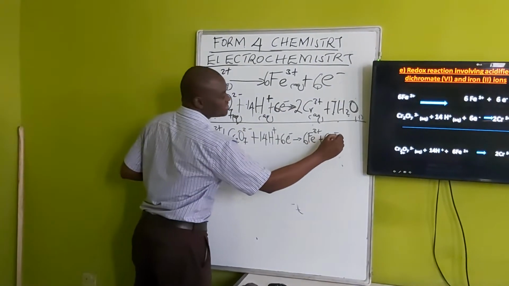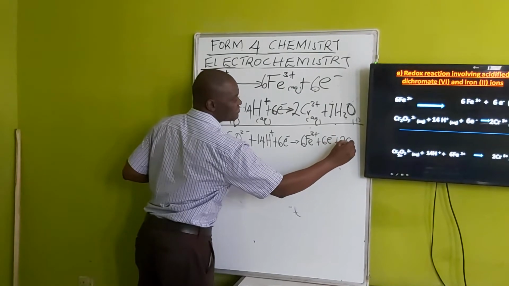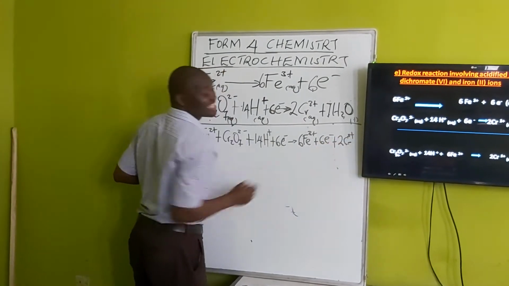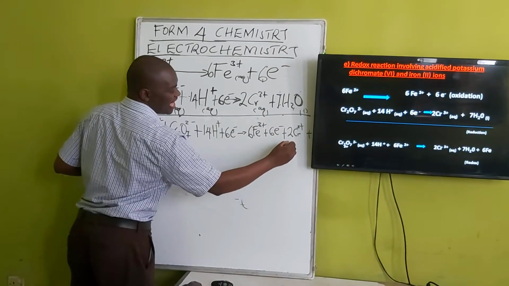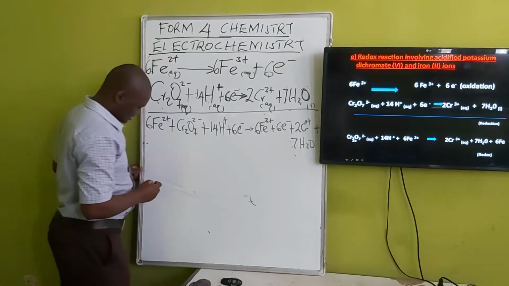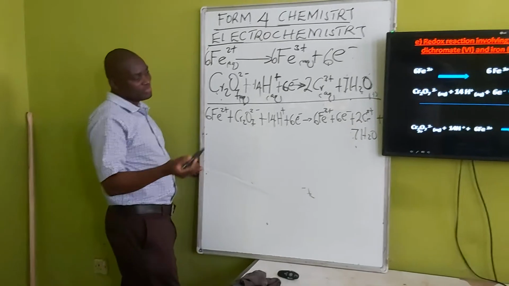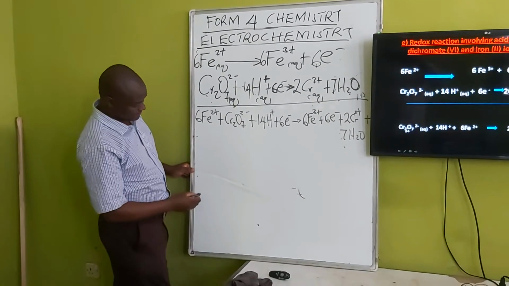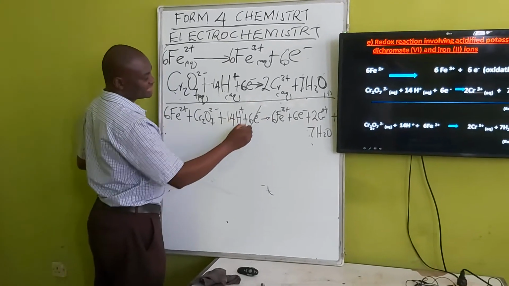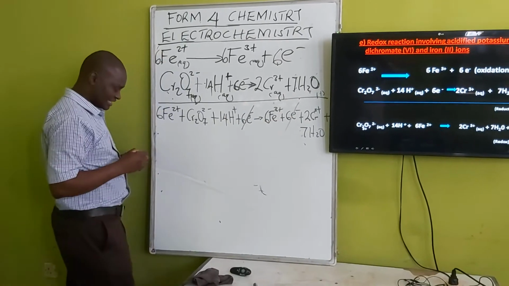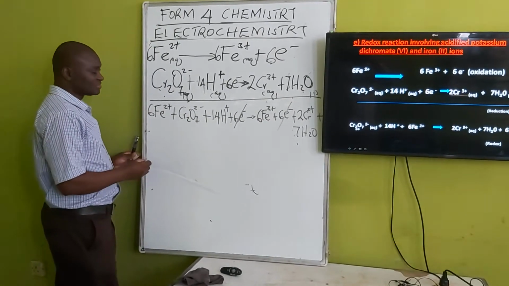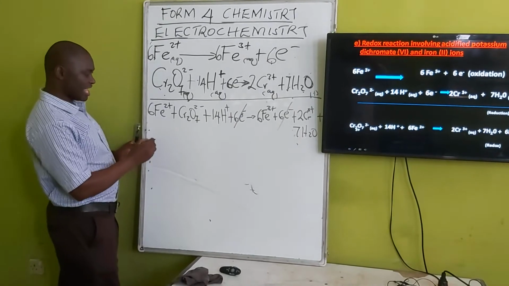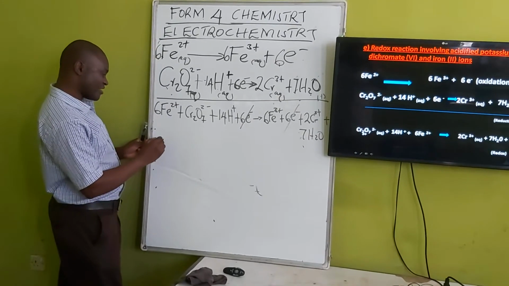Then we have 2 chromium 3 ions plus 7 water molecules. Those are what we have. Then we remove what is common on both sides. What is common are the electrons. 6 electrons will cancel 6 electrons. So if 6 electrons cancel 6 electrons, then we will remain with Fe2+